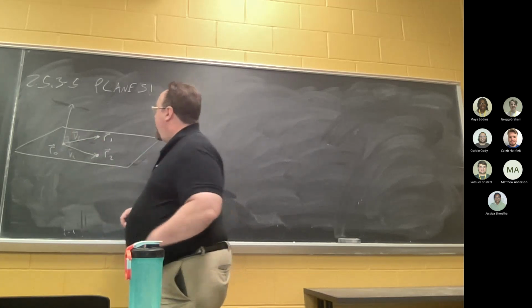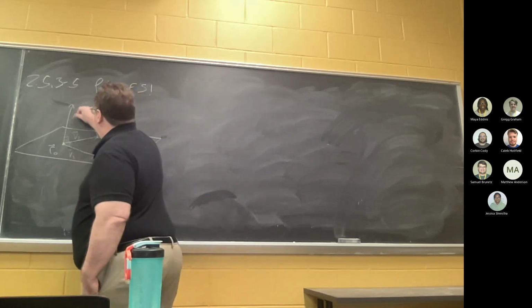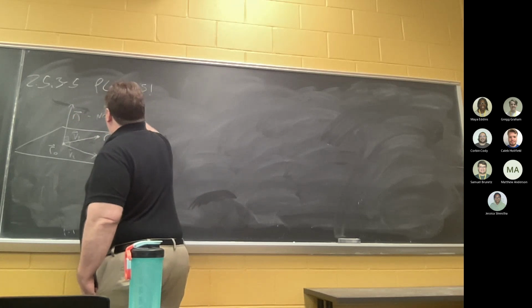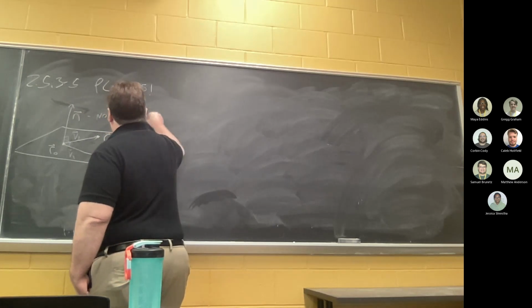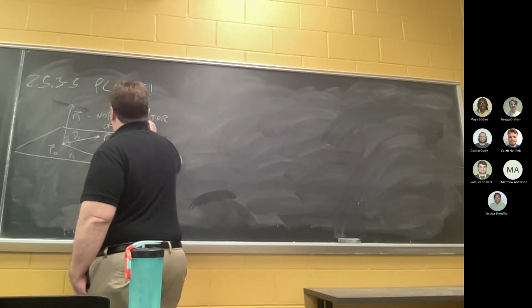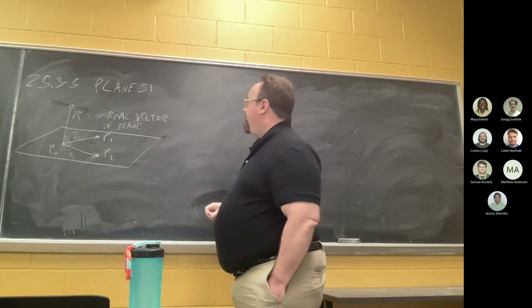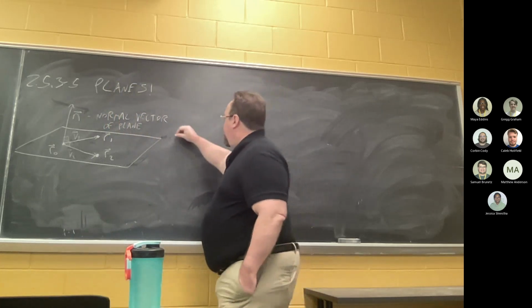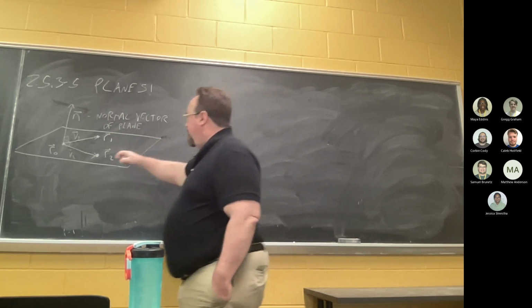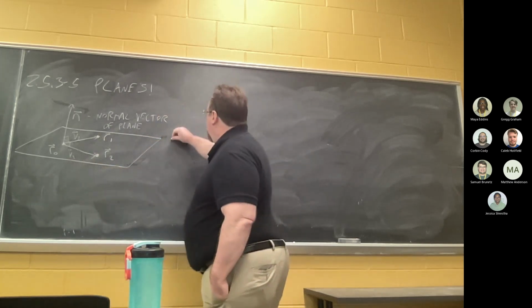So I'm going to call this vector N. This is the normal vector of the plane. And if you have 3 points in the plane and you define V1 and V2 in this manner, then